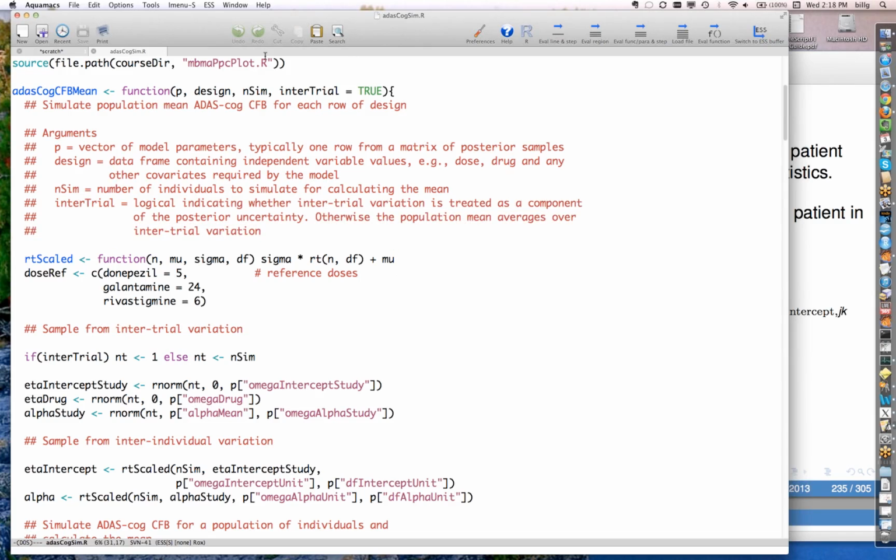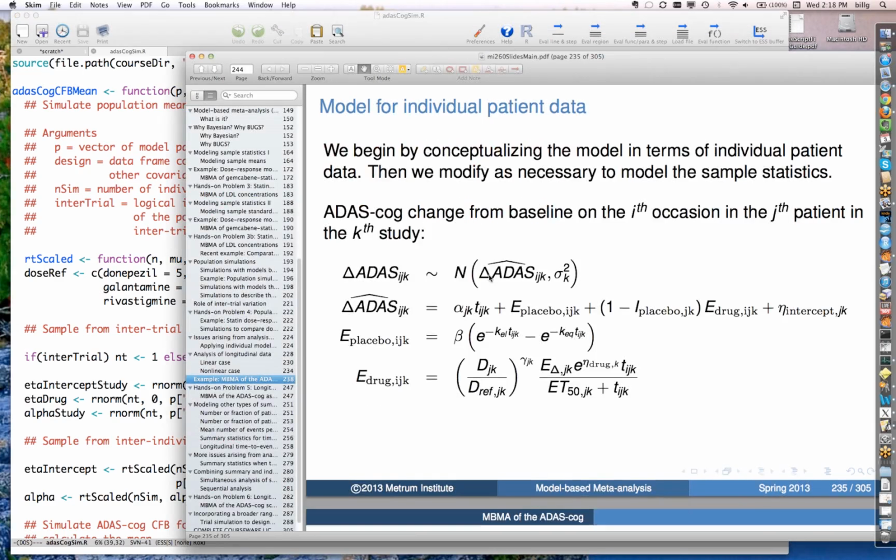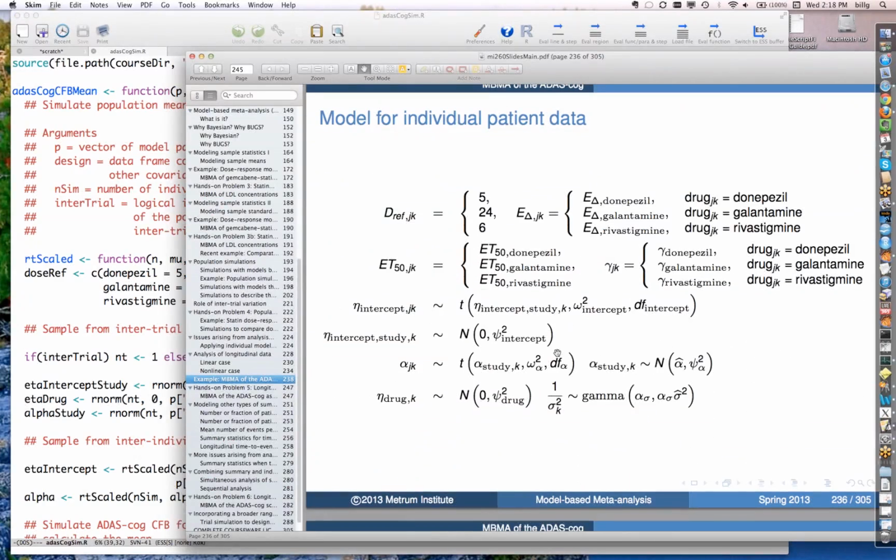So, the job of this function again is just to take that information and calculate a population mean for each row in the design data frame. So that's its job. Now, if you recall, when we had our model here, where do we go? We've got a couple of t-distributions in here to deal with. This particular form of the t-distribution is not built into R. R only has a built-in